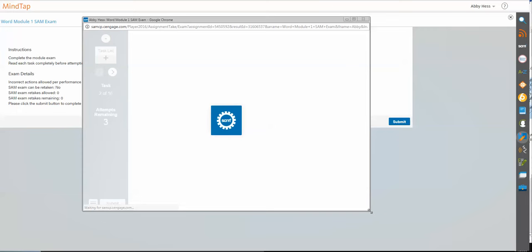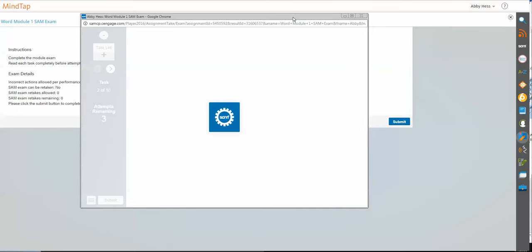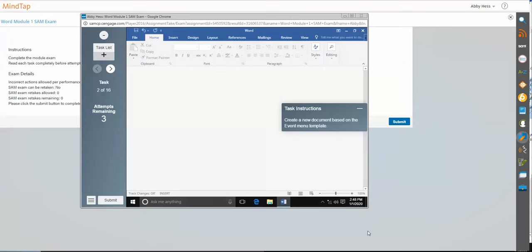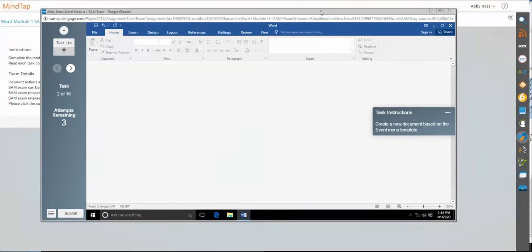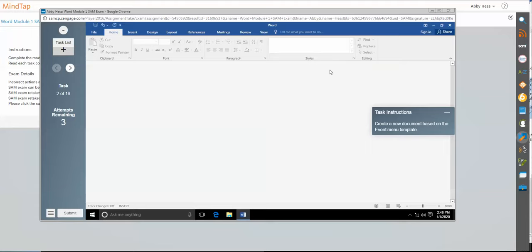If your computer crashes for whatever reason, SAM should detect the crash. So at that point, you would be able to open up your computer again, log back in, and start where you left off. You can see that in the exam, I don't have Observe or Practice or Intro mode to